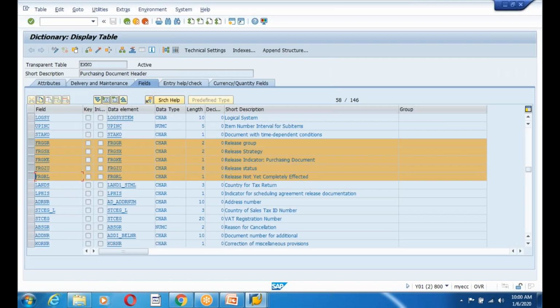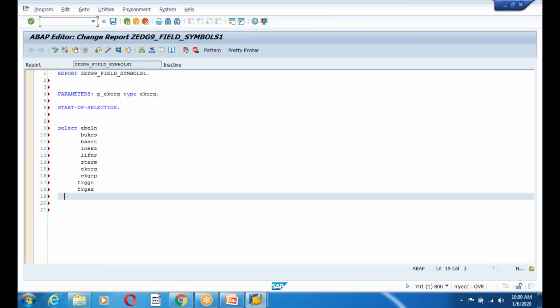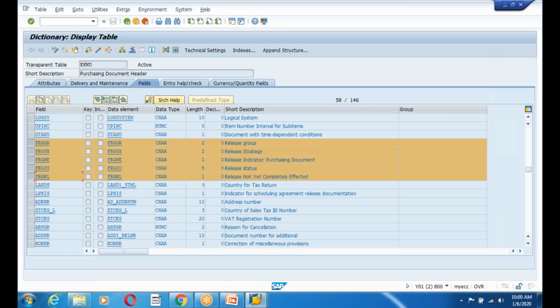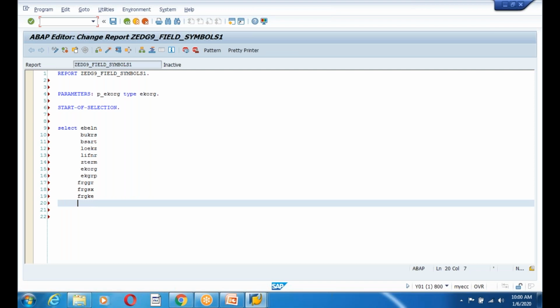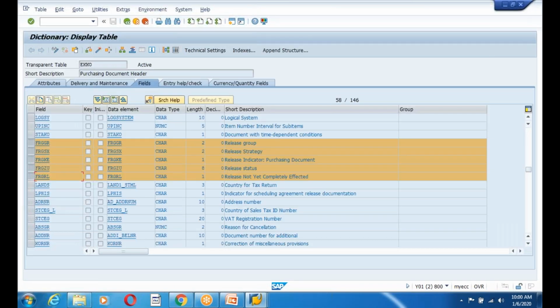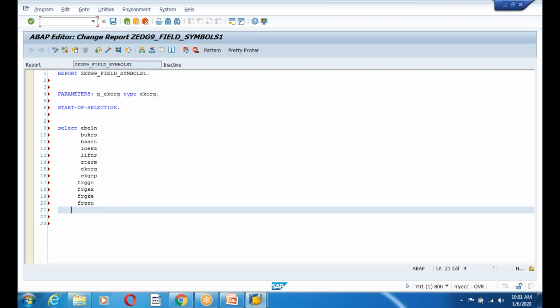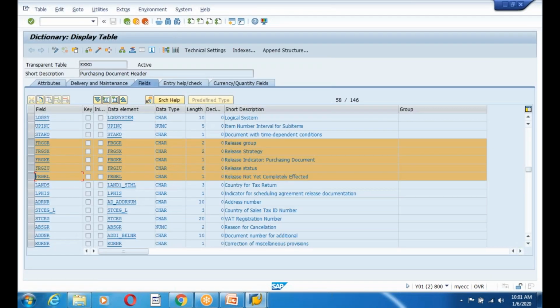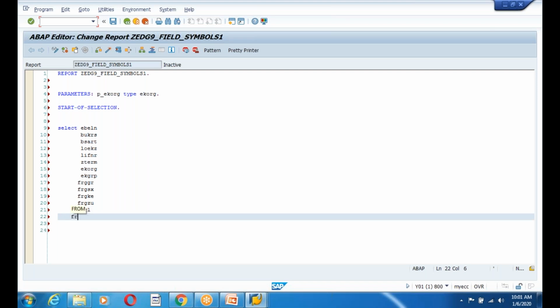Next one is FRGSX, and FRGKE, and FRGZU, and FRGRL, from table EKKO